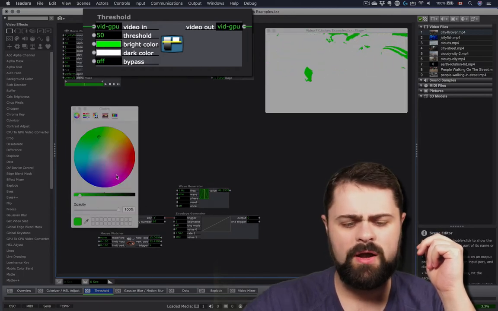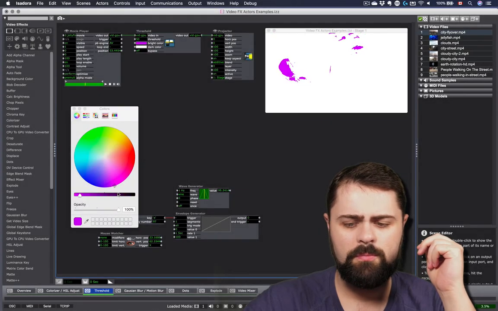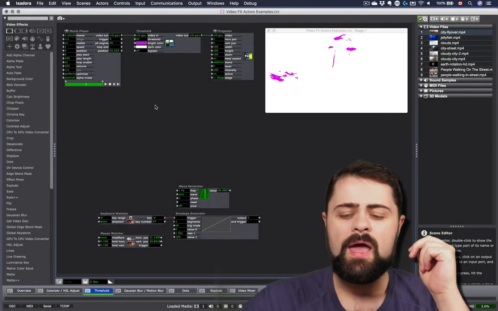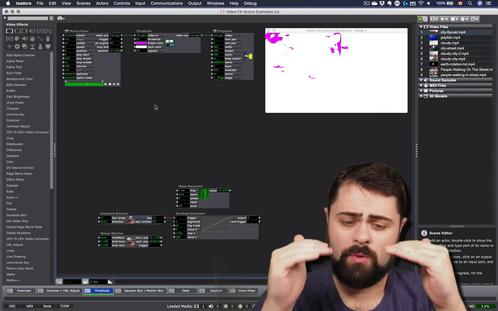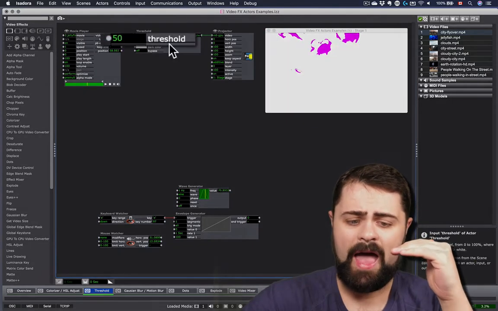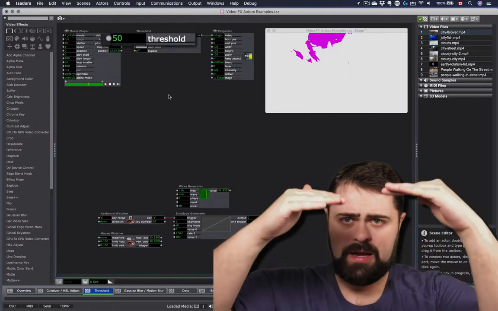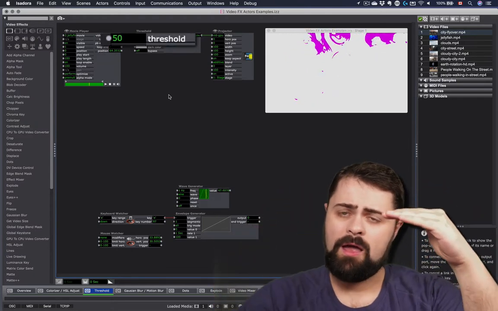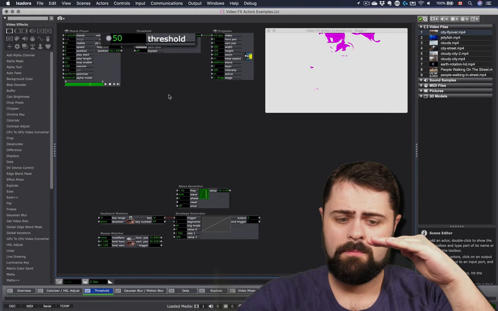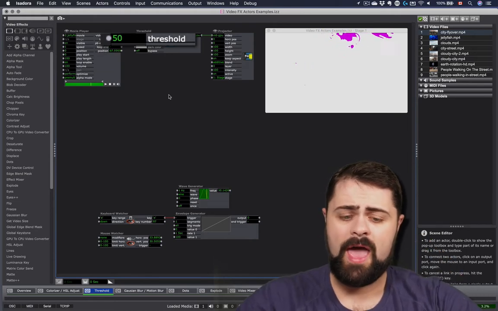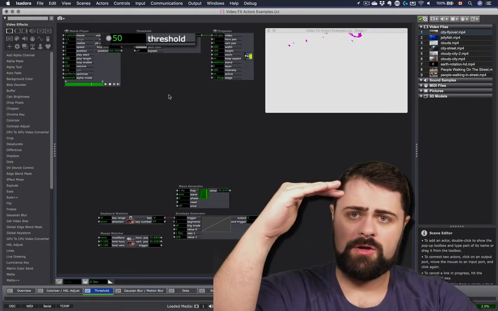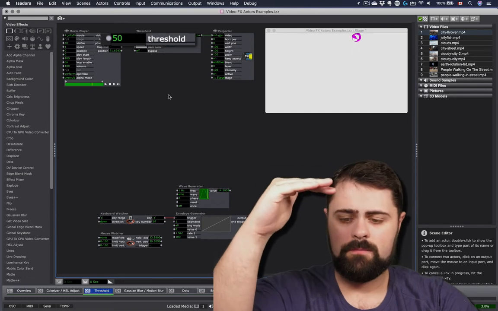Maybe we'll make the bright color purple for now. And then the threshold value of the threshold actor sets a median threshold between light and dark. Anything under that threshold becomes the dark color by default, and anything over that threshold becomes the bright color.